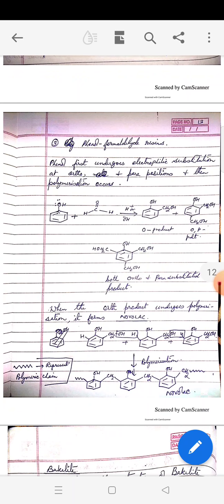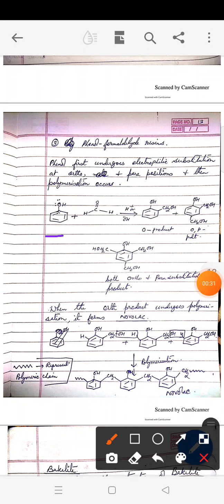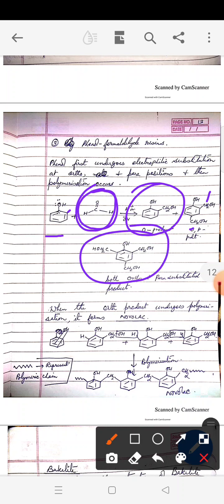Now you know phenol, it first undergoes a kind of electrophilic substitution reaction. As we all know, phenol is ortho-para director. So when it combines with formaldehyde in the acid or alkaline medium, one of the products we get is where this CH2O takes up this H from here, becomes CH2OH, and gives you an ortho product. Then you get a di-substituted product at both the ortho and para positions, and you also get a tri-substituted product at both the ortho positions and the para position.